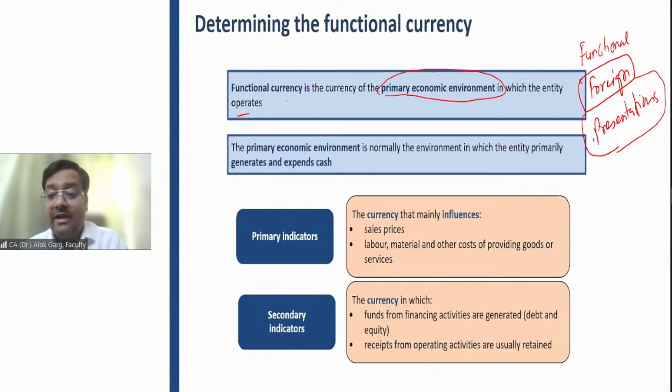So what is the local currency of ABC? The local currency is INR. Why? Because local currency is the currency of the geographical environment where the entity has taken birth. Okay. But